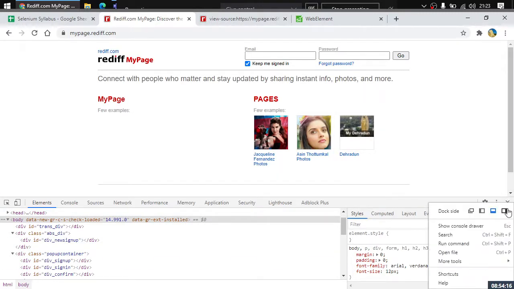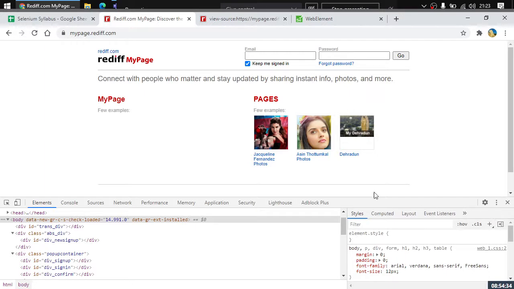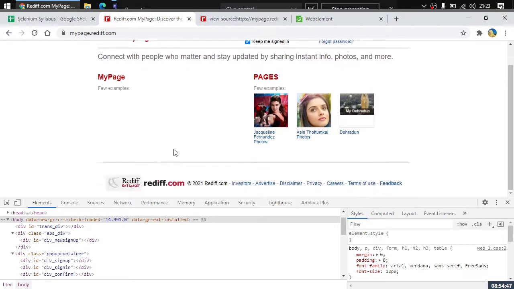Click on these three triple dots and then you can choose one of the four options. The first one is separate window, which I usually use. The next one is dock to the left, which I don't usually use. Dock to the bottom, which I also don't prefer, and dock to the right. I don't prefer these options, but still I would be using the dock to the bottom option for a while now. Now you can see that this is on the bottom of the screen. So my screen area is from this point to this point only, right? Here you can see that I'm able to scroll the page now.